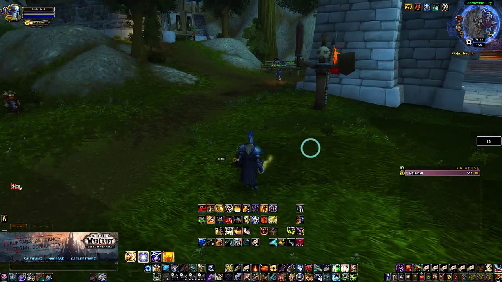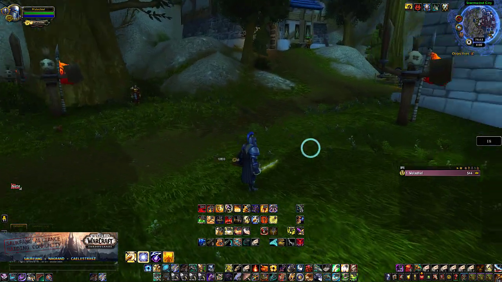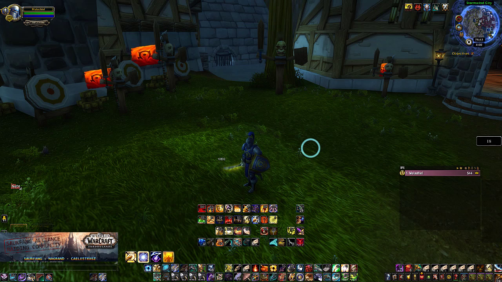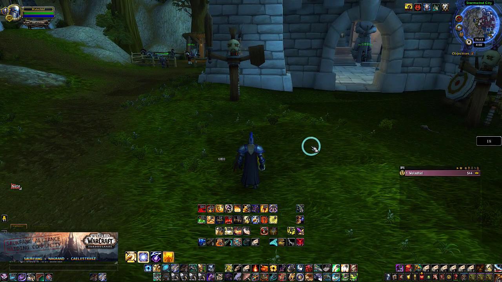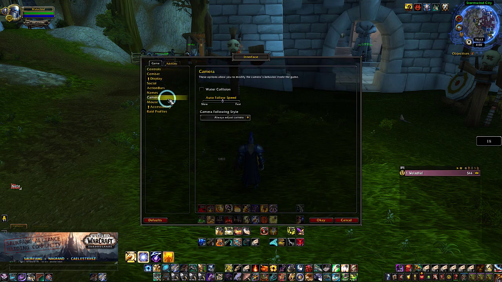Now, you can turn your camera independently of how your character is facing using the left mouse button, but your camera is likely locked to your character and will automatically recenter after you release or after you start moving. If so, go to Interface, Camera, change the Always Adjust Camera to Never Adjust Camera,